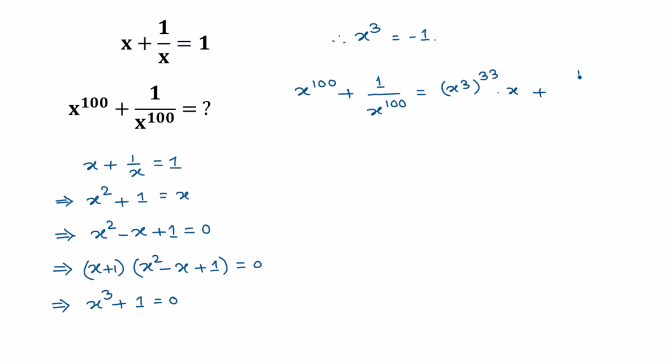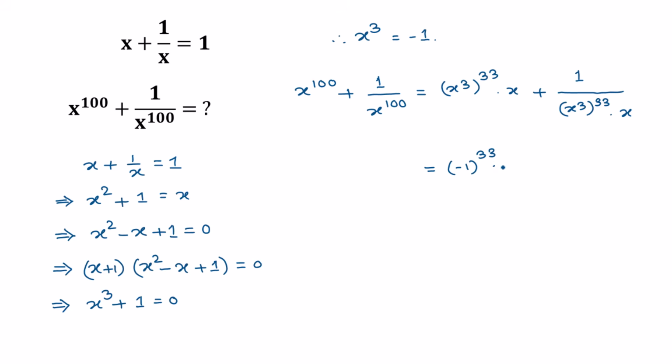Similarly, 1 over this x to the power 100, we can write again as x to the power 3 whole to the power 33. This is x to the power 99 times x. This is x to the power 100 is equal to, we have x to the power 3, this is negative 1. So substituting this here, we can write negative 1 to the power 33